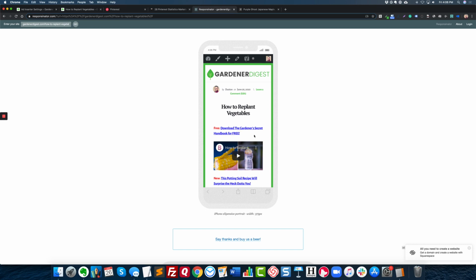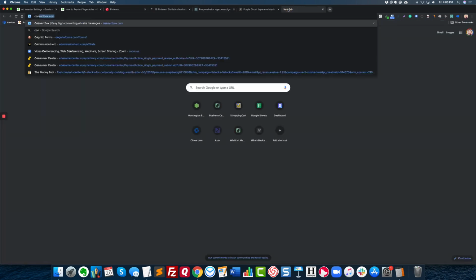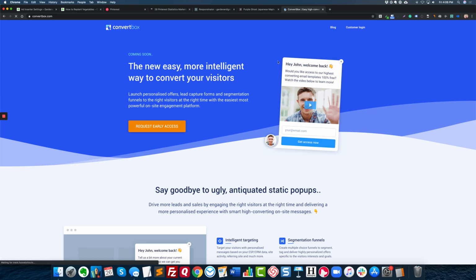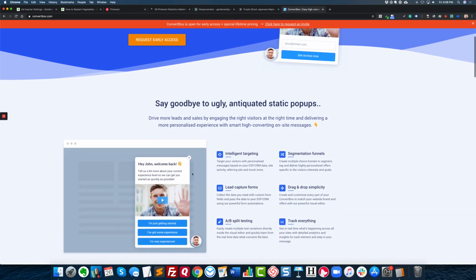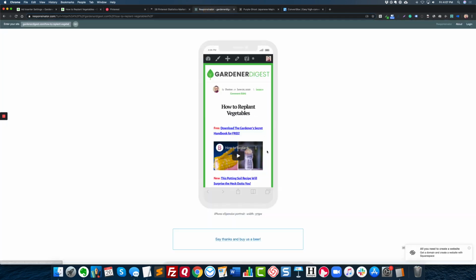I can have, if I'm using a plugin, like I really like the ConvertBox plugin. I've been using this recently. It's pretty cool. If you're using something like that, you can set it to where this link will pop up an opt-in box, and you can make them opt in right on your site to build your email list. So like this right here, without even scrolling down the page, that is the monetization plan. You will get more clicks in these 2 places than you will anywhere else on this site, because of the fact